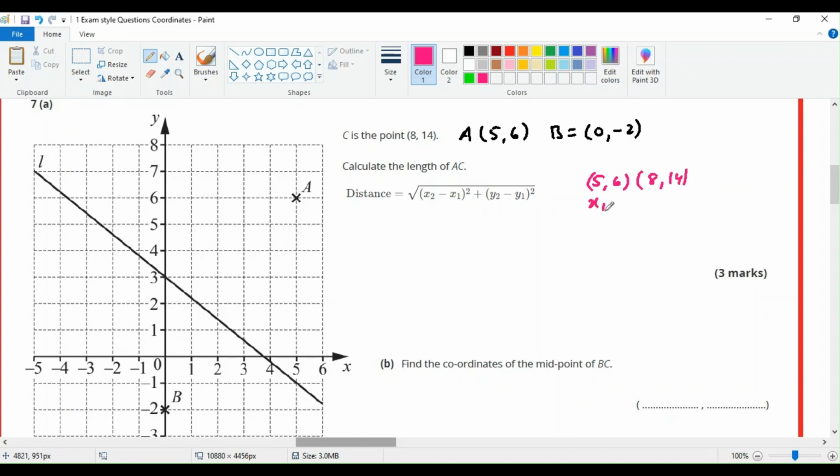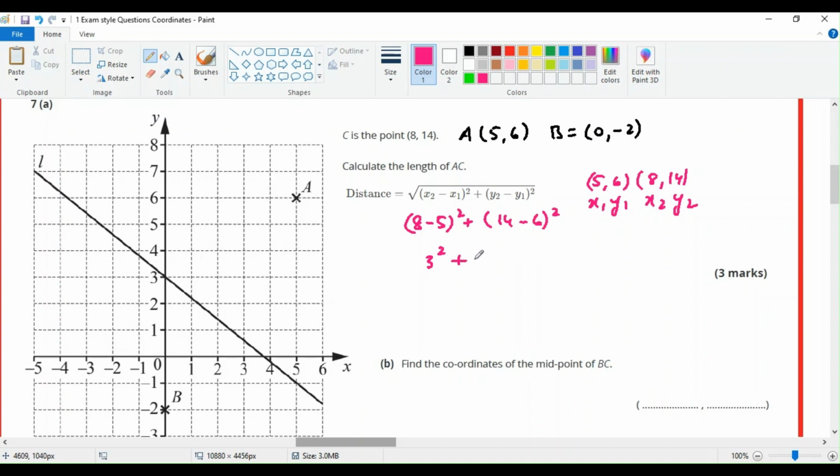And this one is x1, y1, and this is x2, y2. And the formula that we have says x2 minus x1. That means 8 minus 5 whole square, plus y2 is 14 minus 6 whole square. This is giving us 3 square, and plus 14 minus 6 is going to give us